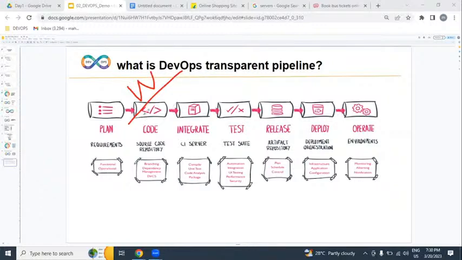But after writing, the code is going to be maintained by whom? The DevOps engineer. I'll repeat: writing is the responsibility of the developers, and maintenance is the responsibility of the DevOps engineer. How many developers are working in the project? N number of developers' source code. Are we going to maintain all developer source code separately or combined? It should be mixed, meaning combined.